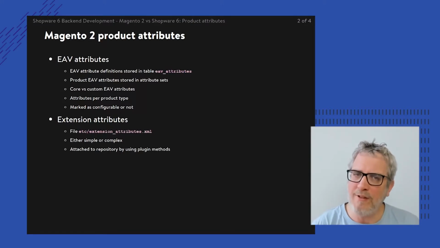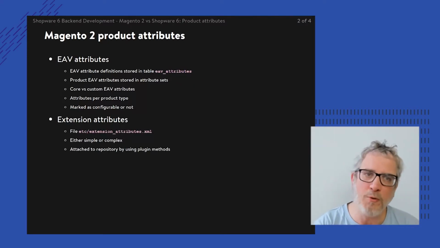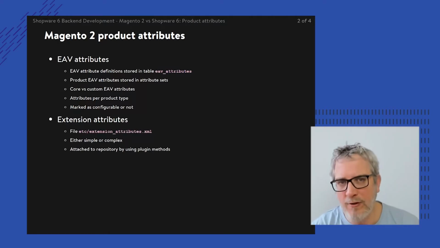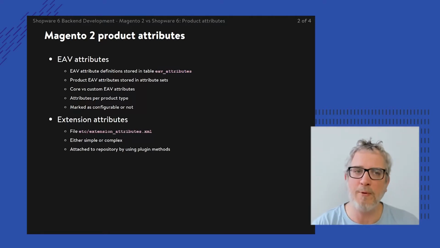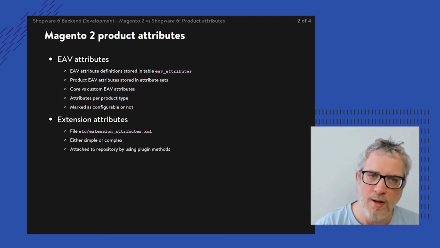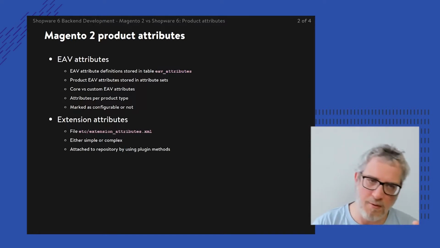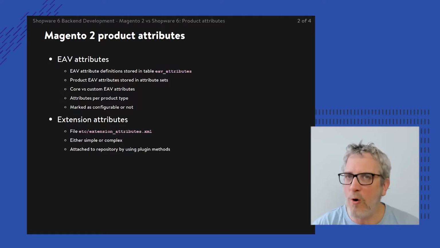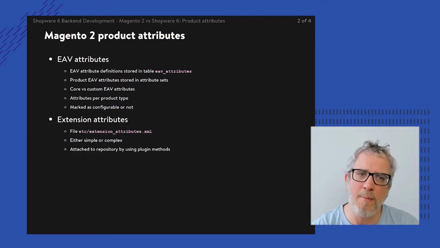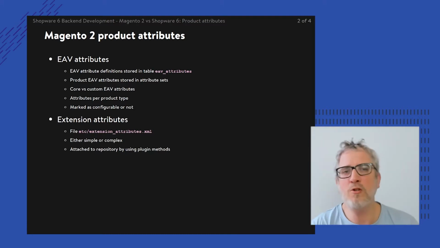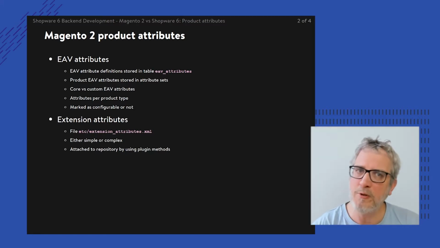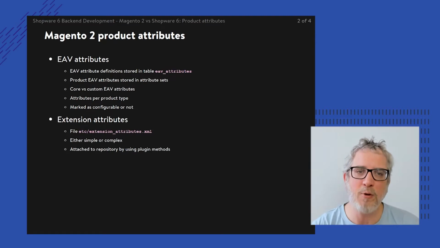First of all, the EAV attributes belong to this mechanism of EAV, entity attribute value, with all of the attribute definitions stored in a separate table called eav_attribute. And that's just not the entire story, because if you know about product attributes specifically, there's other tables involved as well, but that's a little bit beyond the point. Product EAV attributes are stored into attribute sets. So often you first need to create an attribute set and then actually create that attribute on its own.